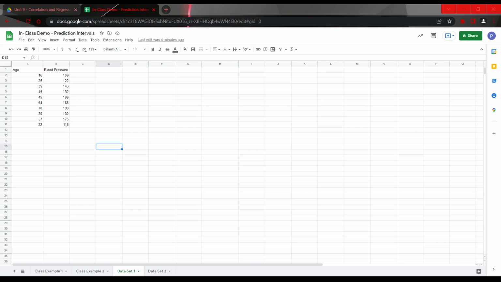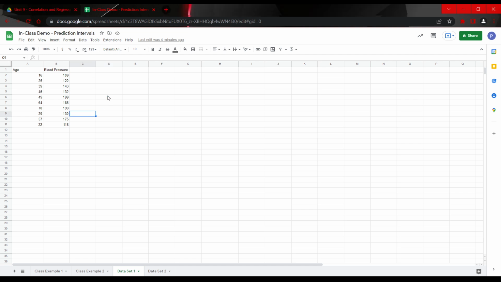Hey guys, so today we are going to be talking about prediction intervals. So far what we've been doing for predictions is giving an exact value. For example, if I wanted to predict the blood pressure of someone who is 30 years old, I would simply do equals FORECAST 30 and then my dependent variable, and I would predict that the blood pressure of someone is exactly